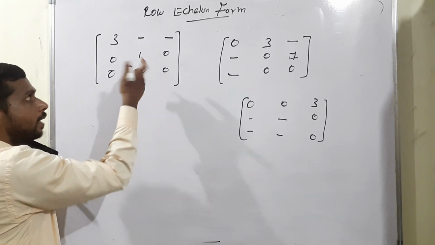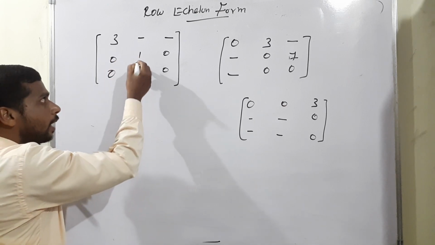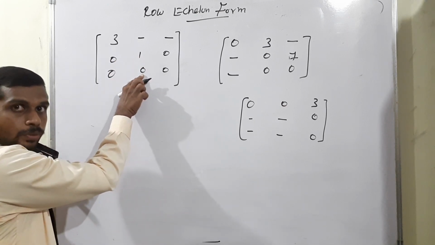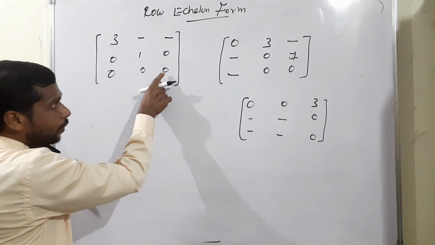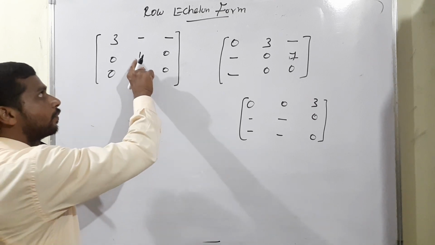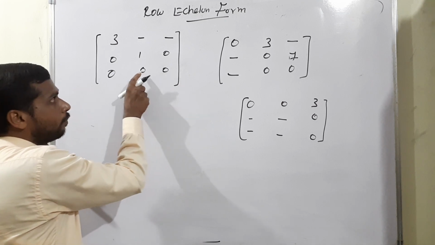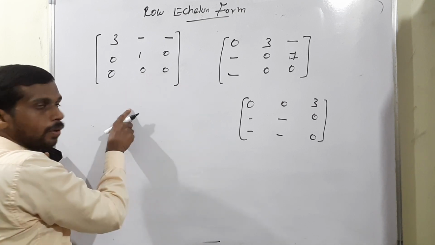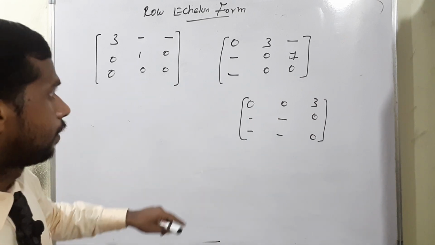On the right side the 1 is there. Then when starting the second non-zero digit, look there, the term under it here should be 0. Then only we can say this is row echelon. Then if you come to the third term, any number after the 1 should come only on the right side. If a number value comes here, this is not a row echelon form. Look there, then you will understand more.